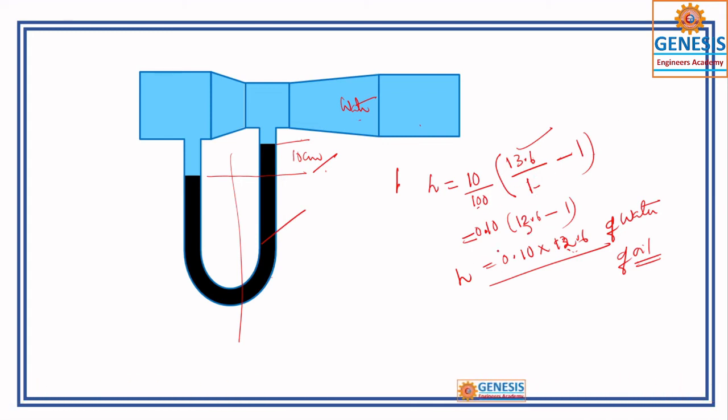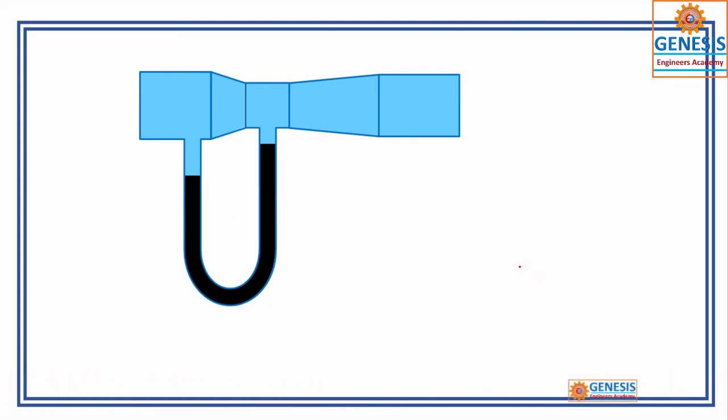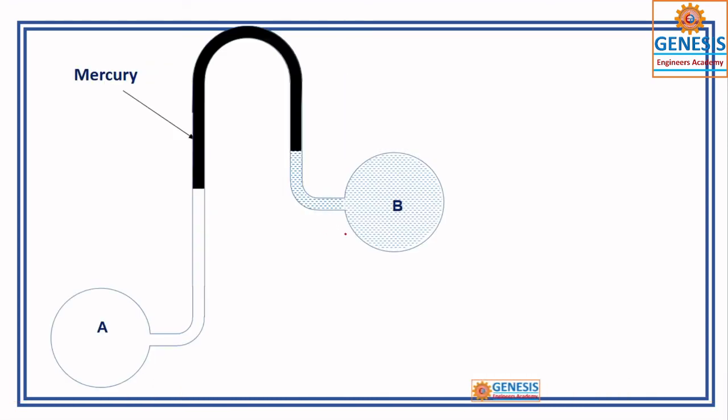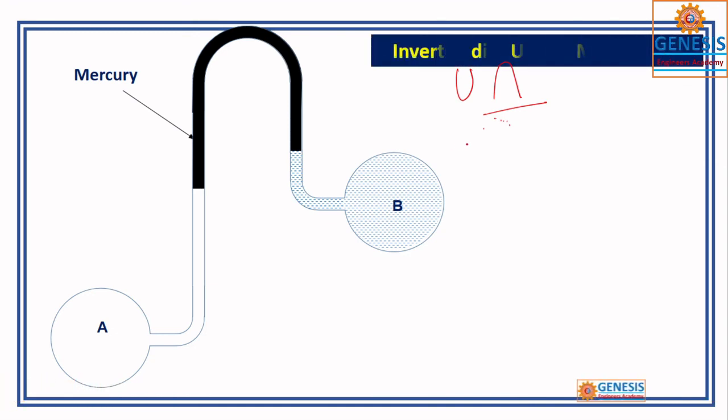Okay, so if alcohol is used, petrol is used, whatever it is. Okay, so the same fluid should not be used in this way. And this is what you call an inverted U-tube manometer. Inverted means the U is inverted. That is why it is called an inverted U-tube differential manometer. You got my point? So this is that.